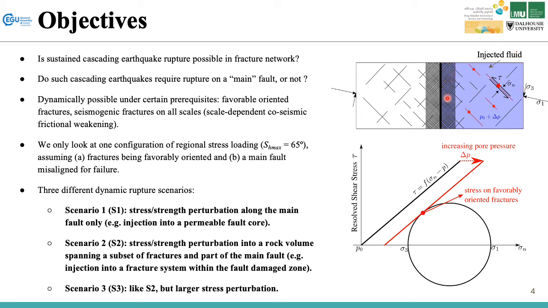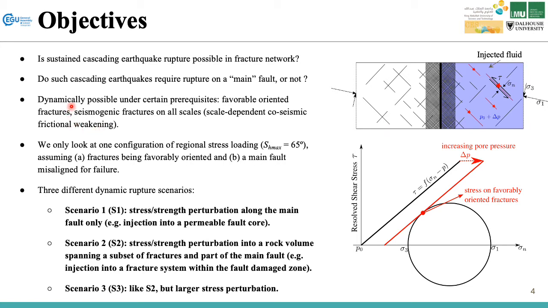When fluid is injected into this area, an increase in pore pressure, shown by delta P, will first activate a slip on favorably oriented or critically stressed fractures. This initially stable slip may transition into a dynamic slip, promptly arrested at the fracture tip. And if favorably oriented fractures are connected, it will contribute to a cascading rupture. The unfavorable main fault with respect to regional stress requires larger pore pressure to activate its dynamic slip. And hence,